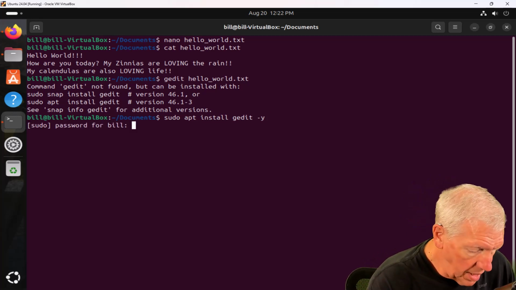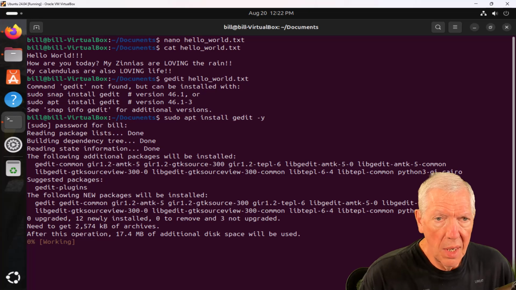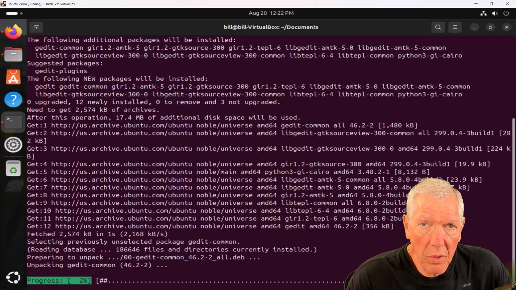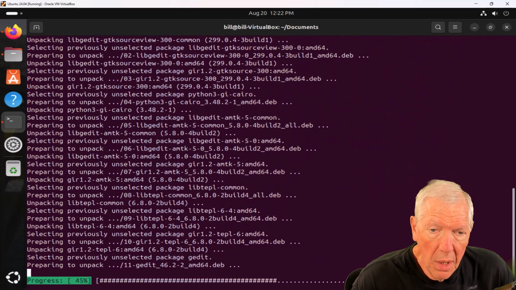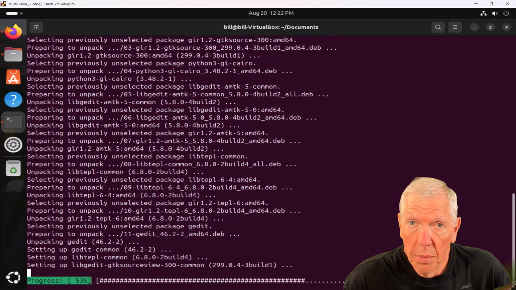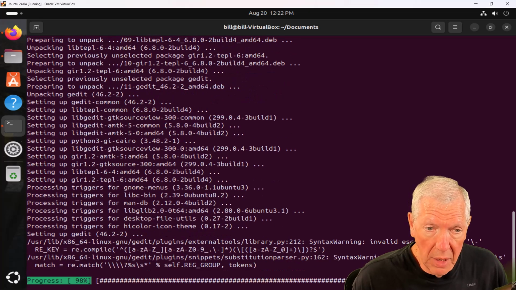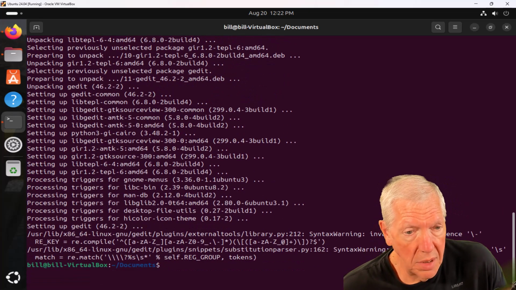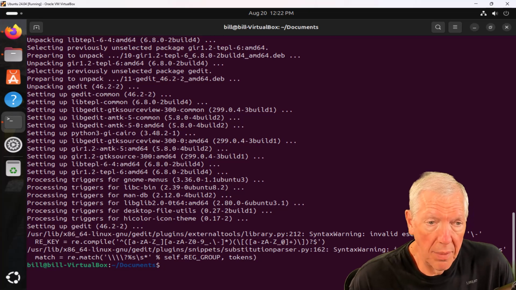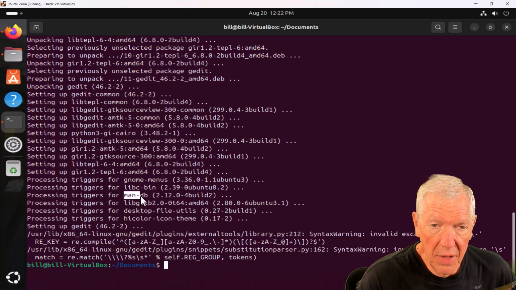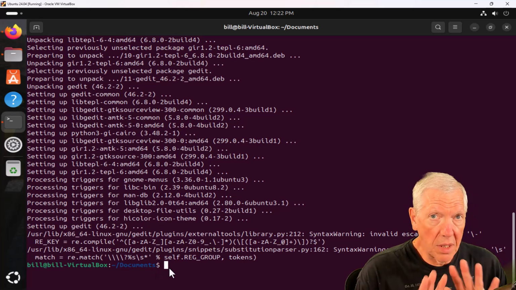And then it wants my password because I'm invoking sudo. And there we go. And so here's the thing. When you invoke sudo the first time, you have to put in your password. But after that, as long as you're working with the same terminal window, you've already keyed in your password once, you can invoke sudo again, no problems, and it's not a big deal. Okay, so we've got these triggers here. This is the man page database and all these other databases. Everything's cool. That's a good sign that it all installed.